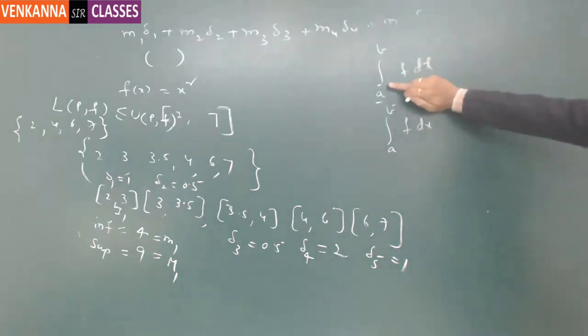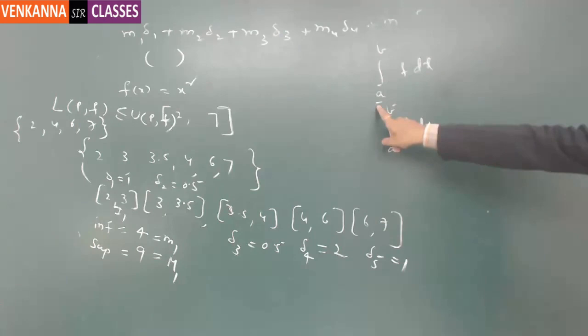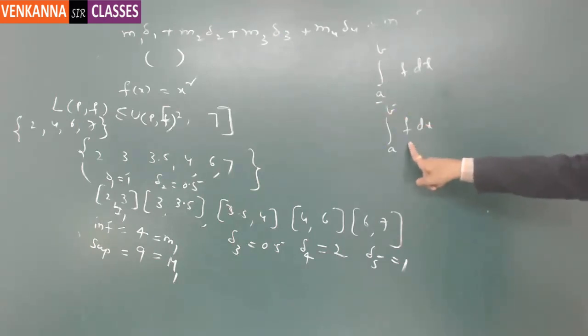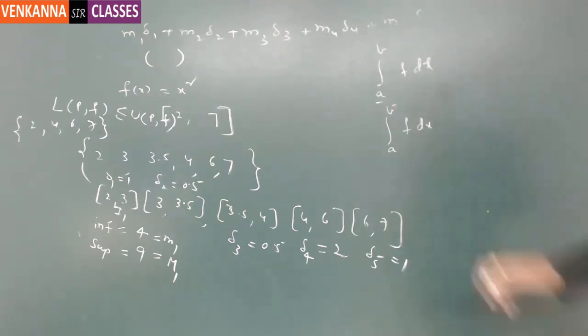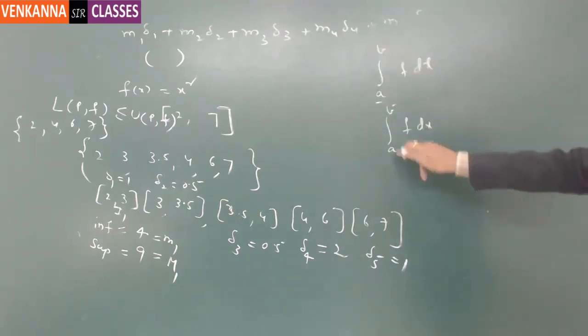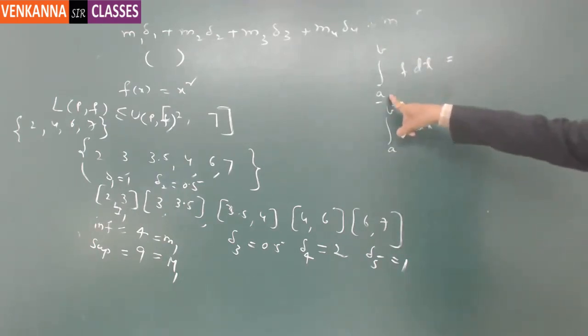One is called the lower Riemann integral. That's why in the suffix bottom we put a bar. The second one is called the upper Riemann integral, so for the upper limit we indicate with a bar. So integral a bar to b and integral a to b bar. And the lower integral is defined as,